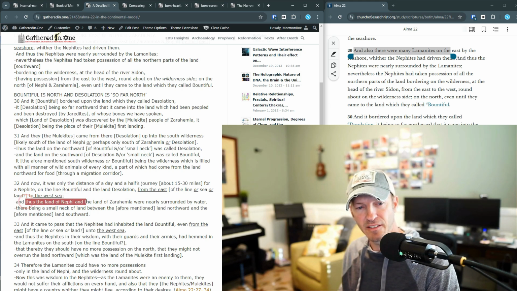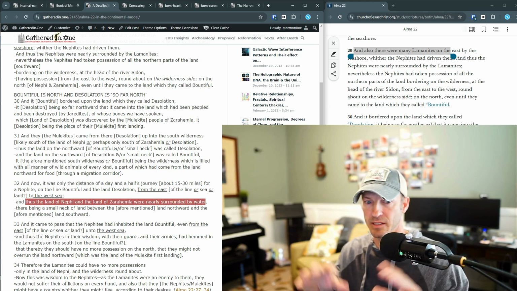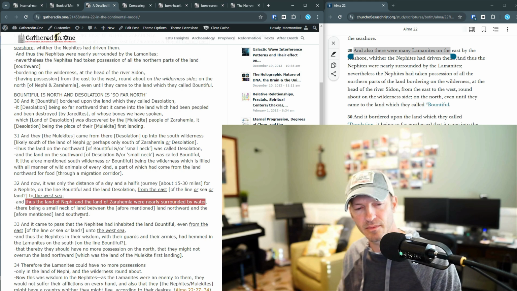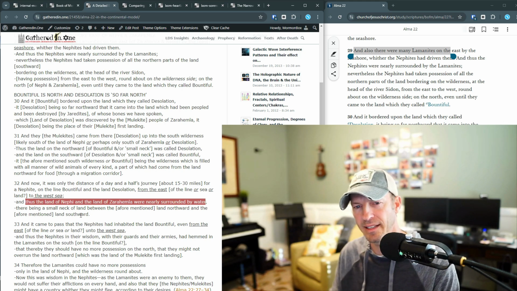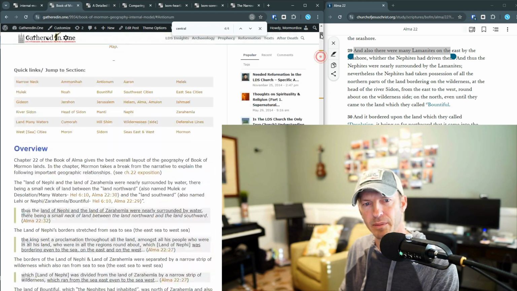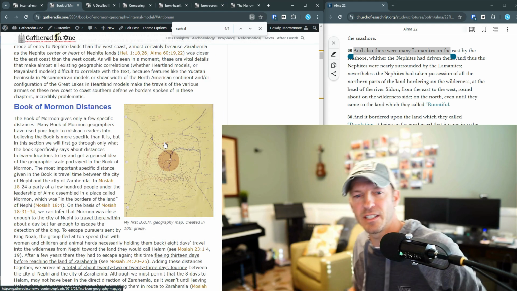And thus the land of the Nephi and the land of Zarahemla were nearly surrounded by water. Okay, so we already went through how the land of Zarahemla was nearly surrounded by Lamanites, and now we have the land of Nephi and the land of Zarahemla nearly surrounded by water, there being a small neck of land between the land northward and the land southward, right? So it's pretty clear to see why the models look the way they do, right? Let's go back up here. Even my model that I drew as a 15-year-old kid,